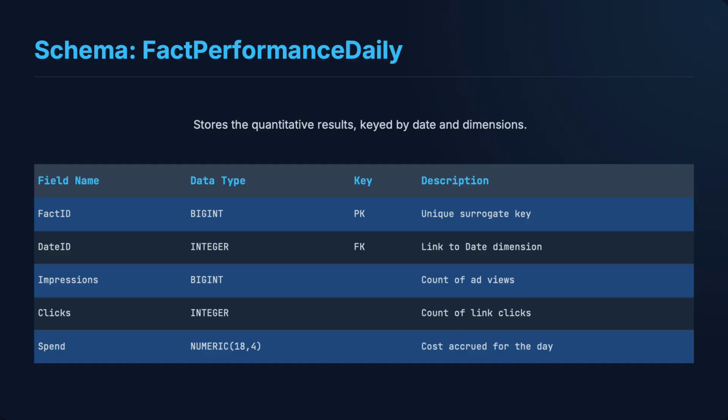I want to zoom in on the engine of this database, the fact performance daily table. This is a transactional table. Every single day, for every active ad, a row is created here. The fact ID is our primary key, a unique identifier for every record. Then you have your foreign keys, like your date ID, your campaign ID,